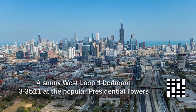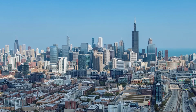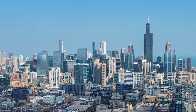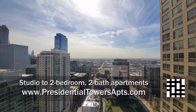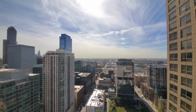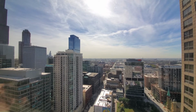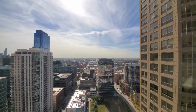I'm headed to a location close to the Loop, in the West Loop, that has great proximity to restaurants, nightlife, shops, and public transit for a tour of one of the apartments at Presidential Towers. I'm in apartment 3511, a one-bedroom in Tower 3, looking south over a sweeping view that even includes a tiny view of Lake Michigan. Looking over the park,